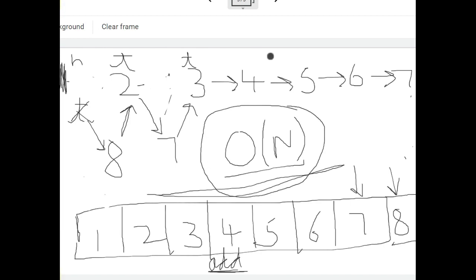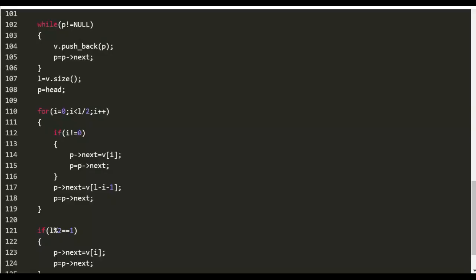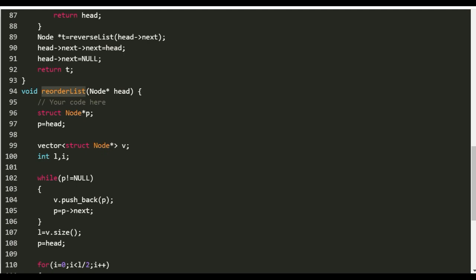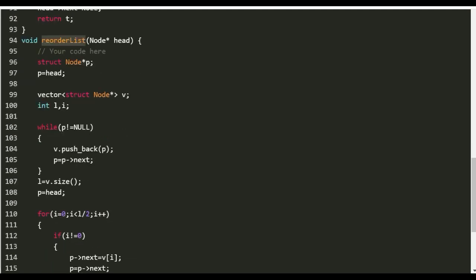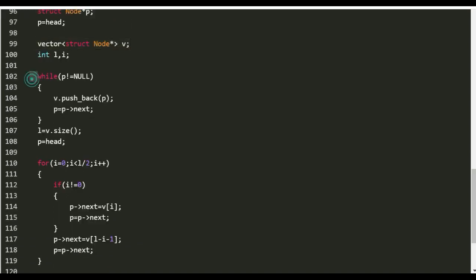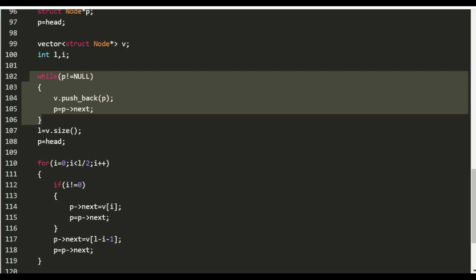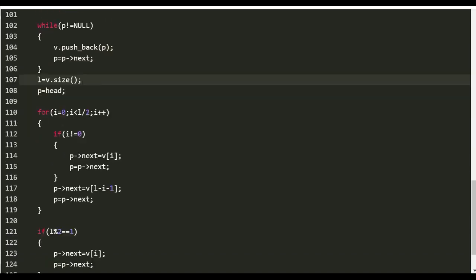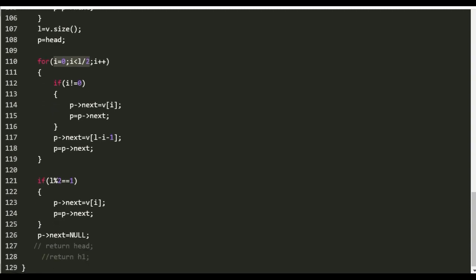Okay, so let us move to the implementation part. Let us look at the implementation of approach 2. We have to complete this function. As I told, I would take a vector of struct node type, and I would basically store the addresses of all the nodes of the linked list into this vector. So I'm taking L as V's size, and I'm initializing P again with head. So what I'm going to do is iterate up to the length L by 2, and I will basically